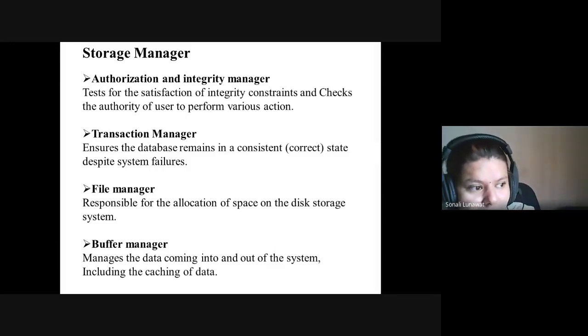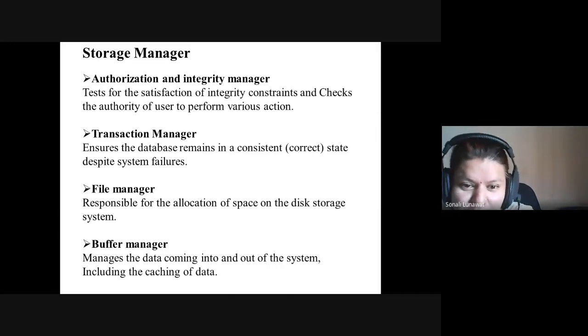Just like an example I can give: suppose roll number 1 has been added to a department. He took admission from the office. The office has given the list. We have entered that roll number in our department. After 1 month he cancelled his admission. Then I have to deduct that person from the office also, and the office will send a request to the department to delete that. So that is where you have to apply certain kinds of integrity constraints, meaning office data and department data should always match according to the rules and regulations. So that is what integrity constraint is.